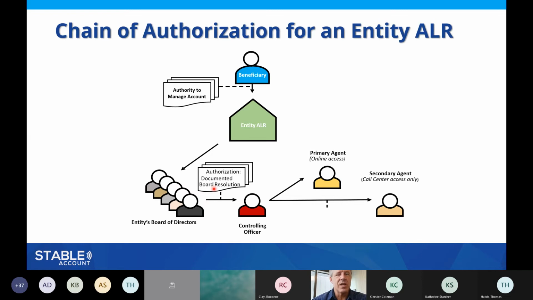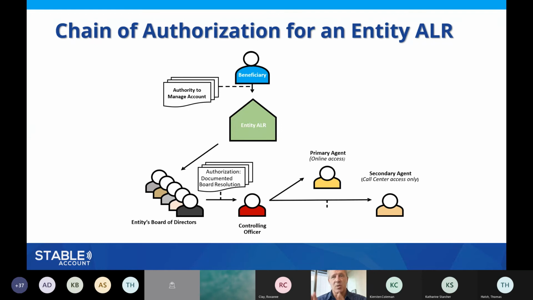Then documentation can vary. You'll have the controlling officer at the top who will submit some personal information and probably be one that will get certain types of overview reporting of the whole program. And then you have your primary agent and your secondary agent per account subgroup setup. So you can actually have more than one primary agent. And again, the secondary agent could be the same underneath more than one primary agent. And once that's all set up, your structure is set up.